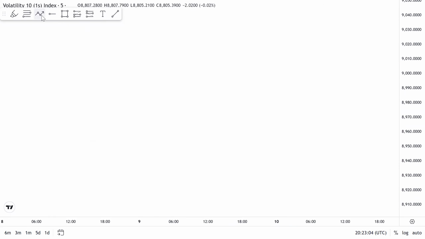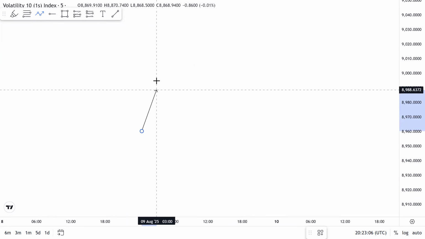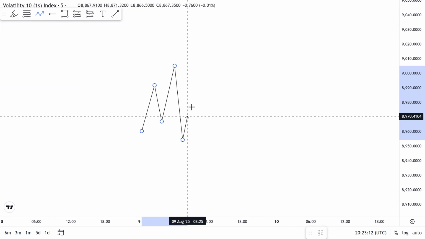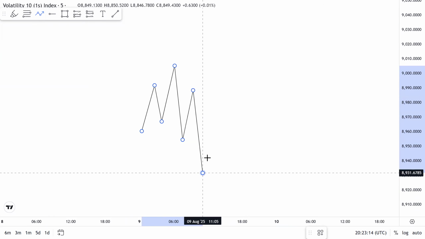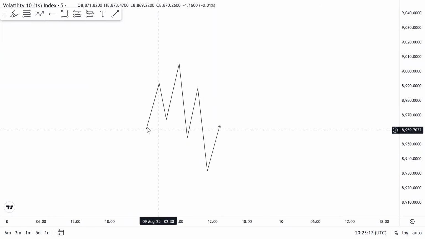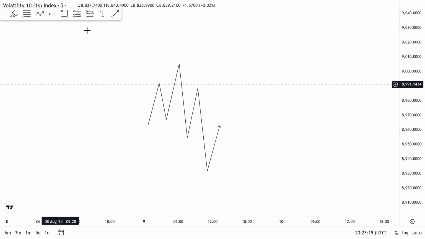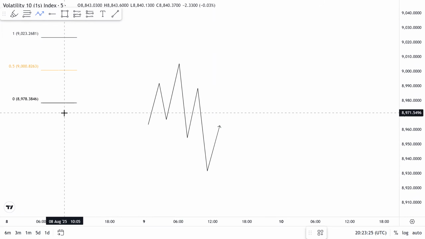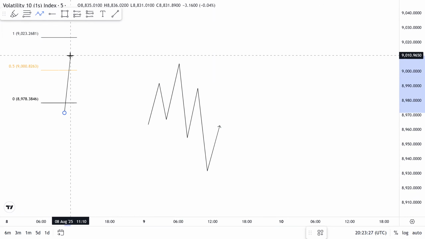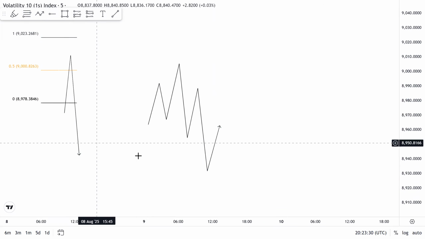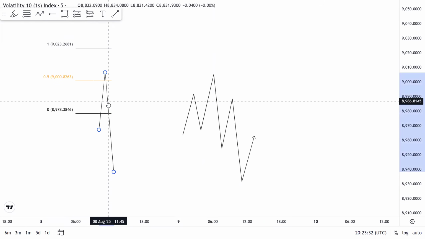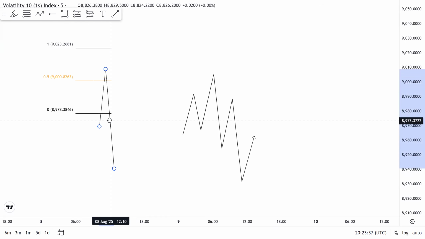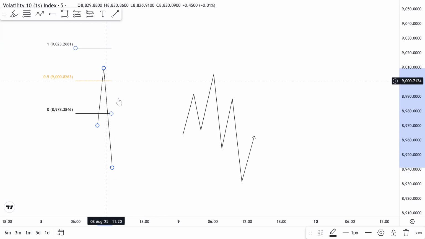Okay, so let's just do this before we quickly move. For instance, we have a high, and we have a break of structure here. Then this is our structural liquidity, something like this. Now, you know what I said about a valid structural liquidity? A valid structural liquidity should be when price pulls back into your 0.5 or something like this. This is a valid structural liquidity right here. This is invalid. Something like this is invalid. You want to see price pull back here or something like this. It has to at least come into your 0.5 level.